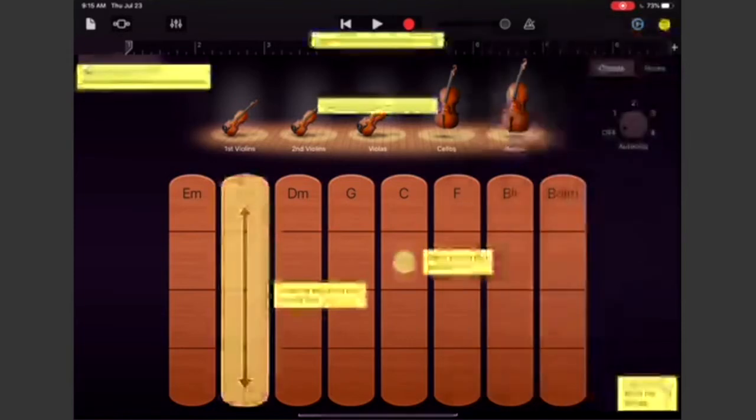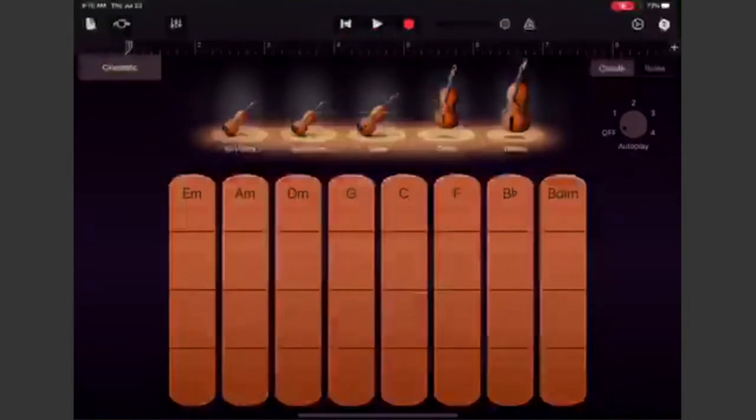Next to that, the question mark is really good for learning about things you're not sure about. So if you look at something and you're like, what is that button and what does it do? Then you can turn that question mark on and it will tell you. You can click to learn more. And then I'm going to click it again and it's going to go away.